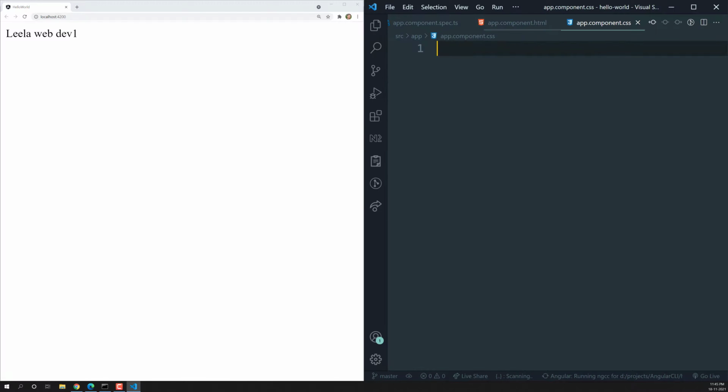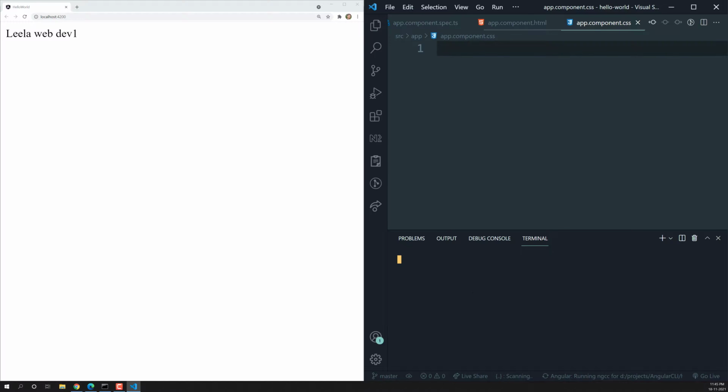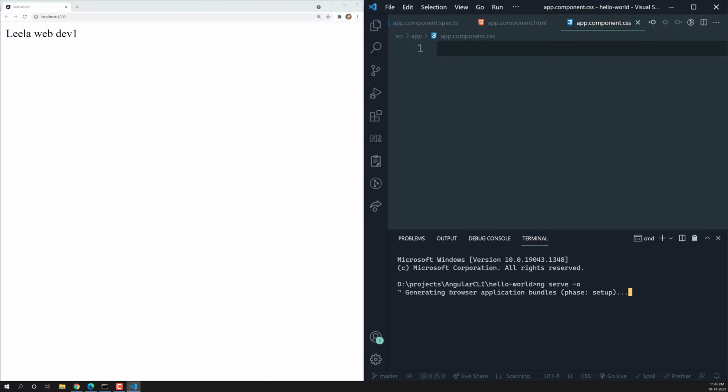For running this application, we need to use the command ng serve -o. ng serve -o means after compiling the application, it directly opens the browser. ng serve alone will just compile the application, but we need to open the browser manually. But -o means it will automatically open your default browser. It will take some time to generate the bundles.